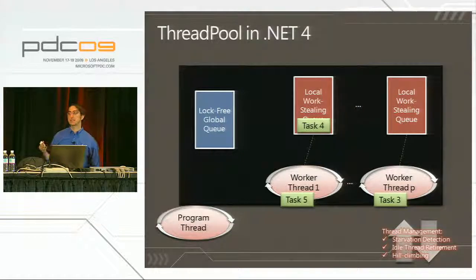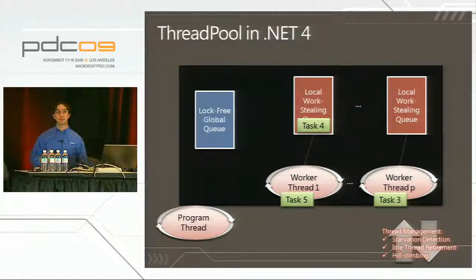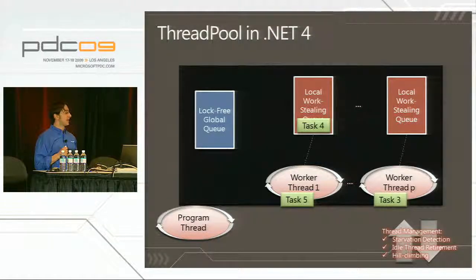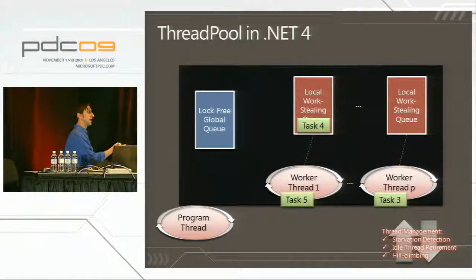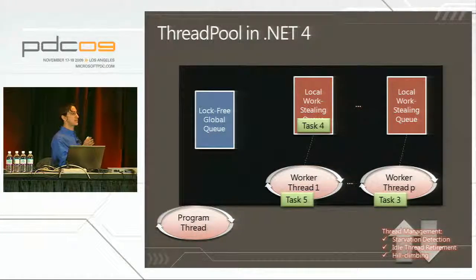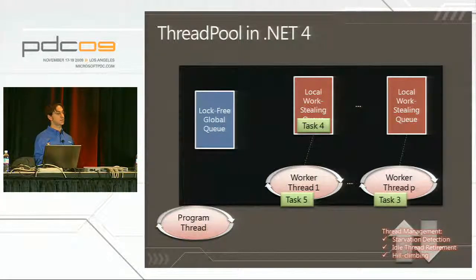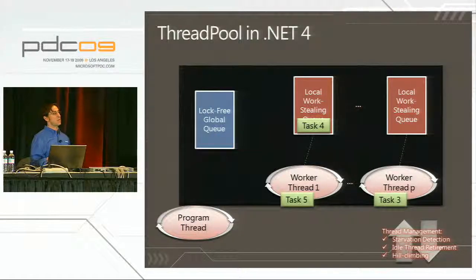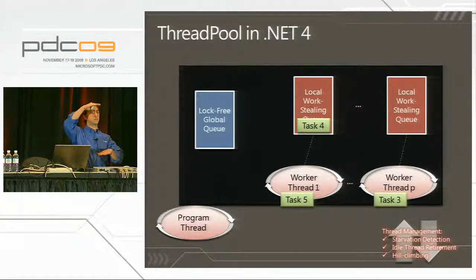Now again, it took task 3 for a few reasons. One is this locality reason. Just like task 5 was likely hot in the cache, task 3 was the oldest thing, so it's likely cold in the cache, and so there's going to have to be minimal synchronization or minimal movement of cache lines between the various cores that are processing these threads. There's another good reason for this, though, and that is if worker thread 1 had generated a whole lot of tasks, that queue is likely kind of big,